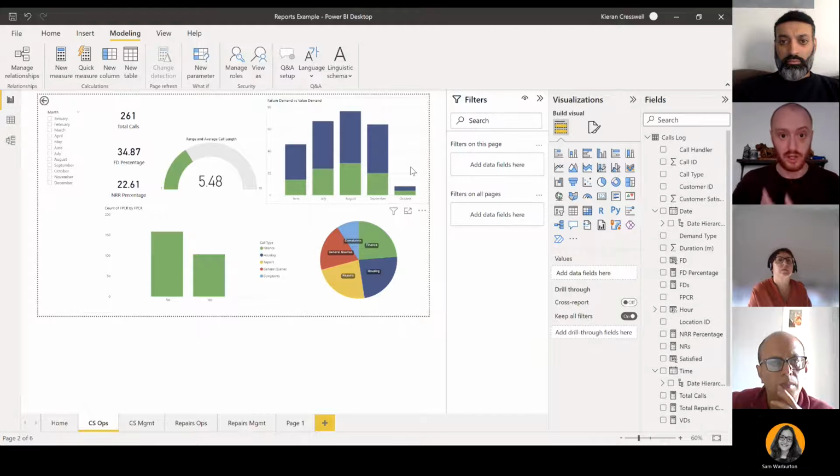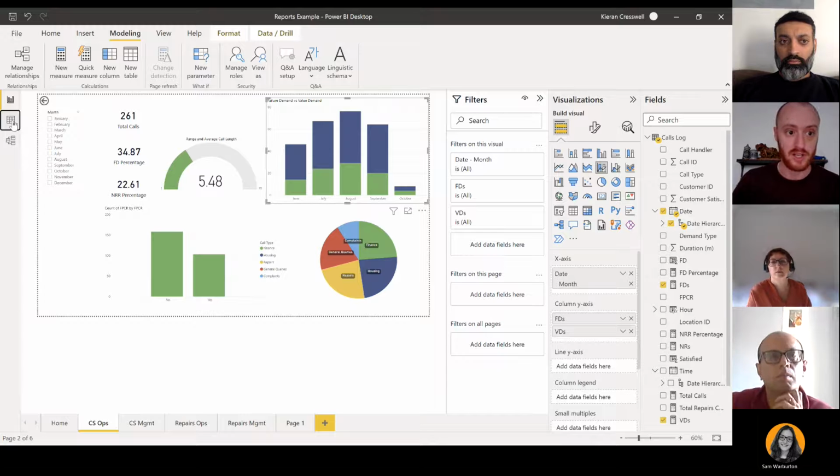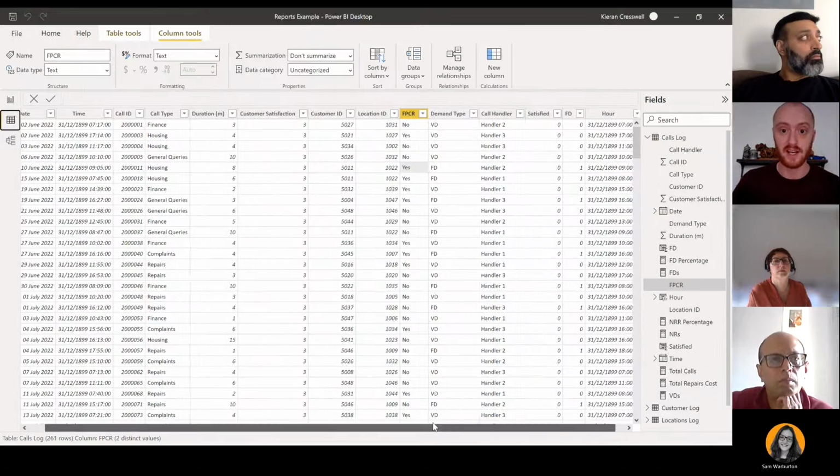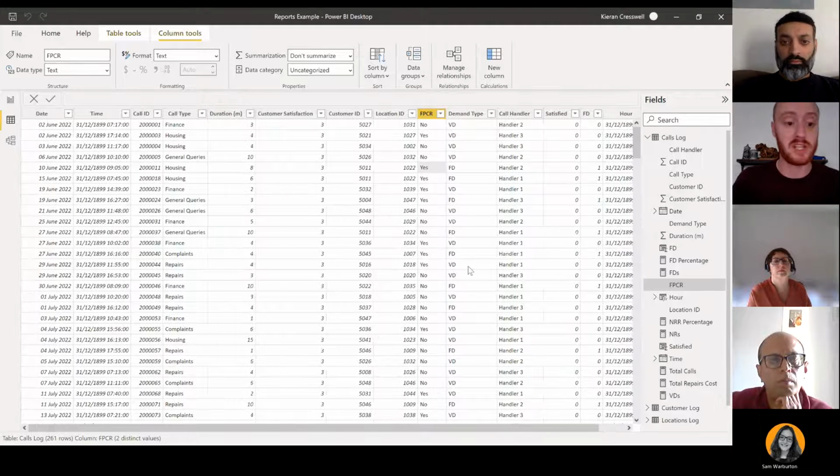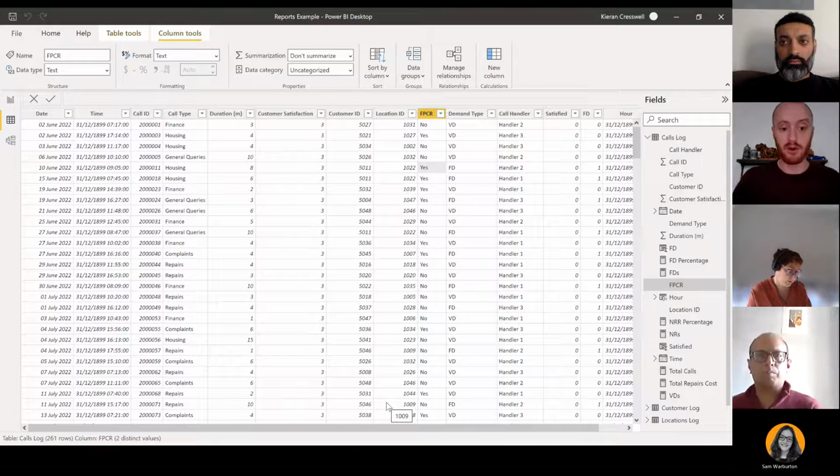So in order to calculate our failure demands on our spreadsheets, we'll have a look for our data within our data set. With the ticketing system this example is using, we do capture as calls come in what calls we are picking up as value demand and which as failure demand, in order to create that into a bit more of a measure. So maybe we want to know the percentages or the number of failure calls versus value calls that come in per month. What we end up doing is creating a new column,